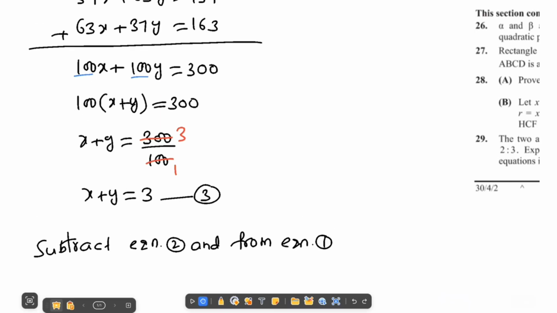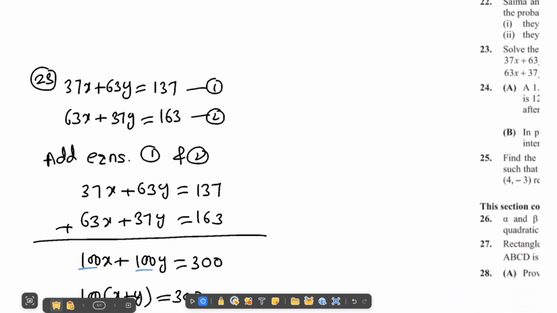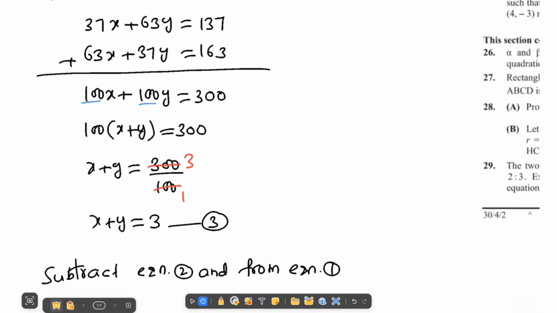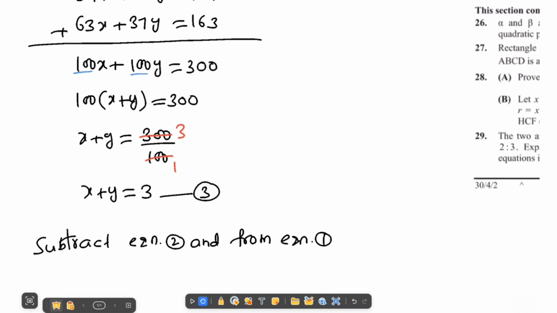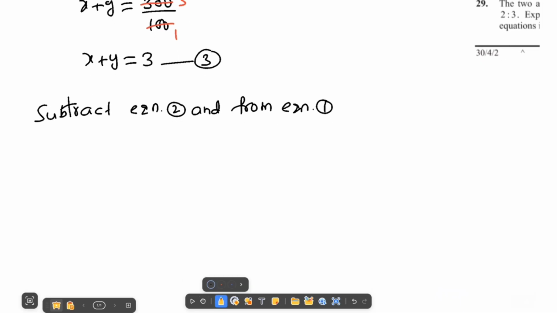So what is equation 1? 37x plus 63y is equal to 137. Next, equation 2 is